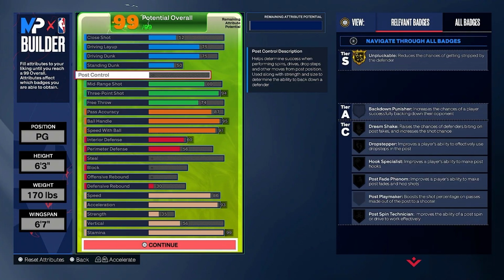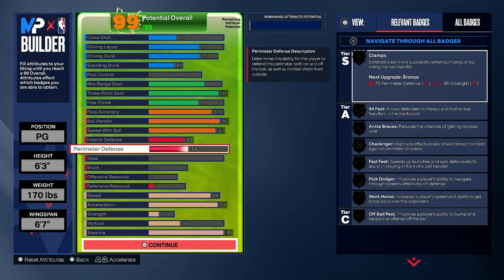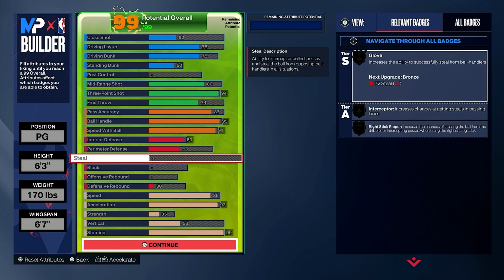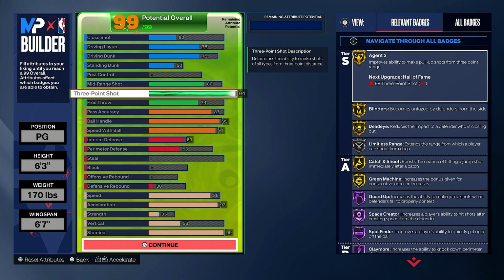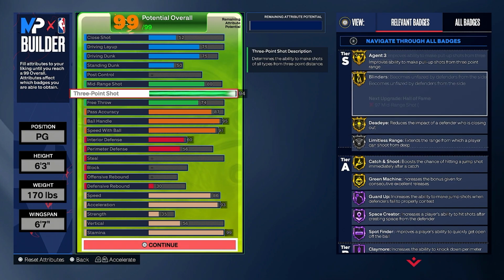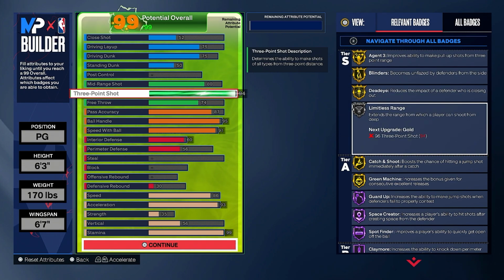Now, this right here is the build. You want to go ahead and copy these stats real fast. I'm going to go over some areas of the build that y'all might be confused about. Now, the reason I went with a 94 three instead of a 96 to get gold limitless: if I was making a true Damian Lillard build,